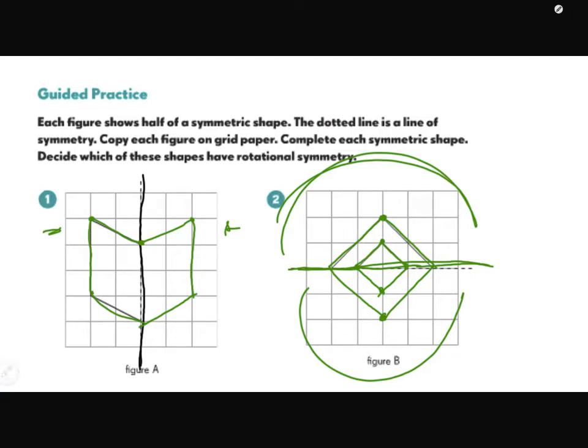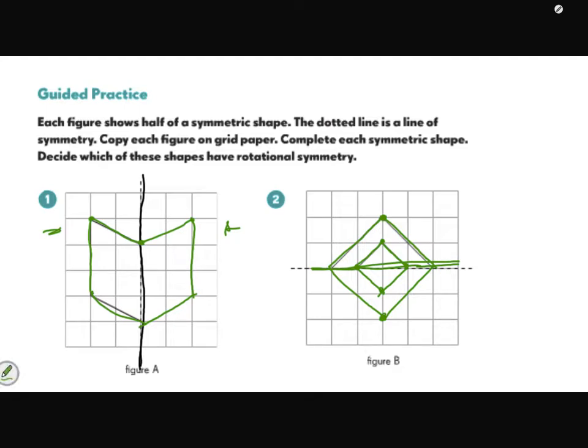Now the extra question is, decide which of these have rotational symmetry. Now we're adding a whole other layer which can get tricky. So we're looking at these shapes and seeing if I were to rotate it, would it still line up and have symmetry? So I'm going to start with this shape right here, number 1, and I'm going to look and think. If I have this shape and I were,